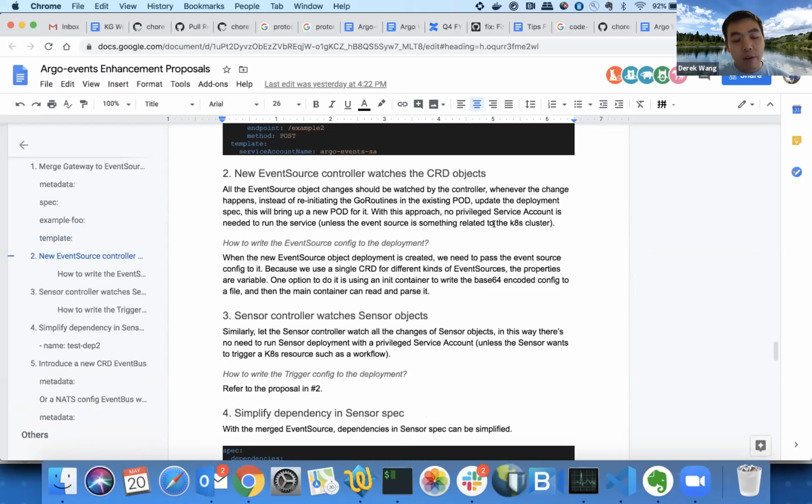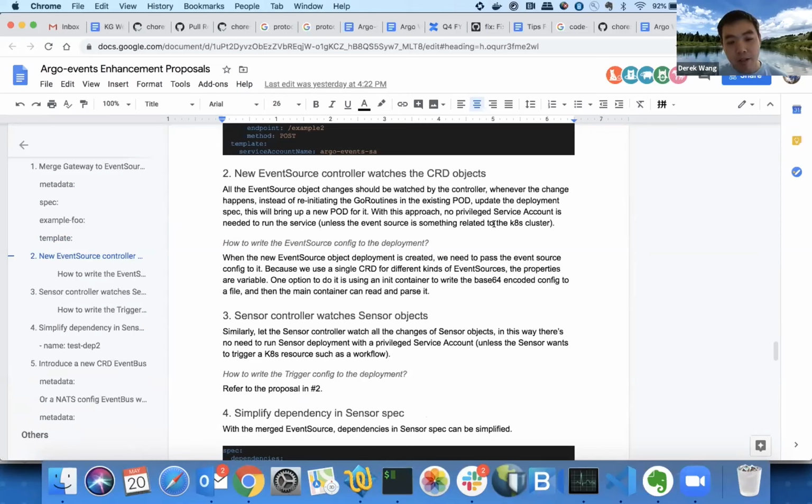if you look at the current architecture, there are some things not in good design. Right now, if you run your gateway or your sensor, you need to have a service account with some RBAC settings to make it work.